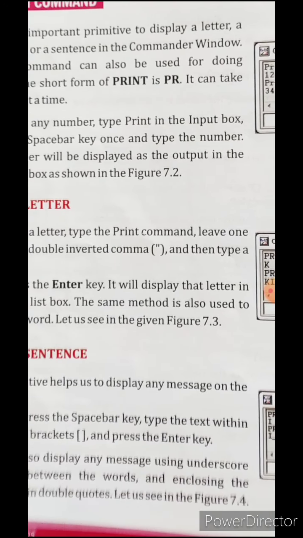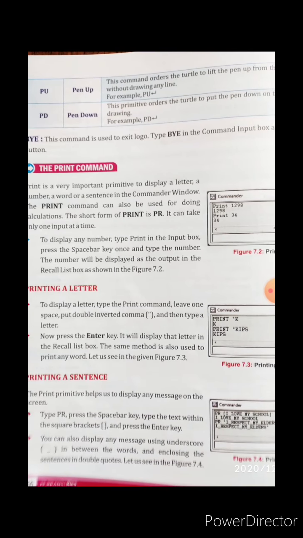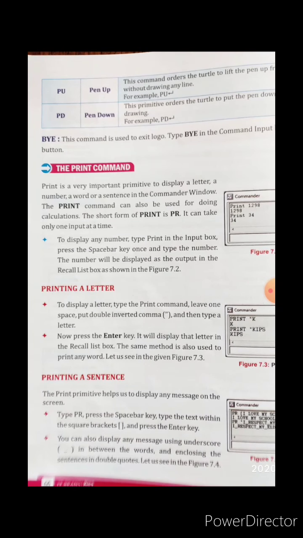when we are printing a sentence, suppose you want to give a message to anyone, then you need to type PR. PR is the short form of print primitive or print command. Actually, it is not a primitive, it will be considered a command. So whenever you are writing print, you can write PR also instead of writing print.